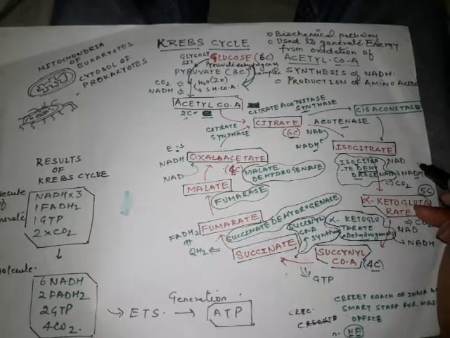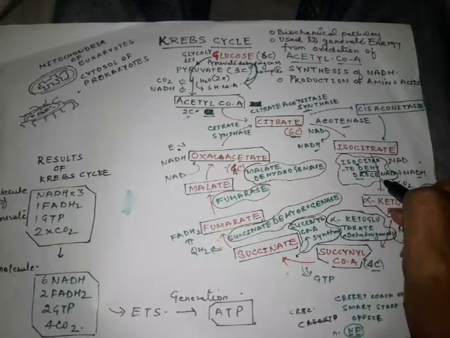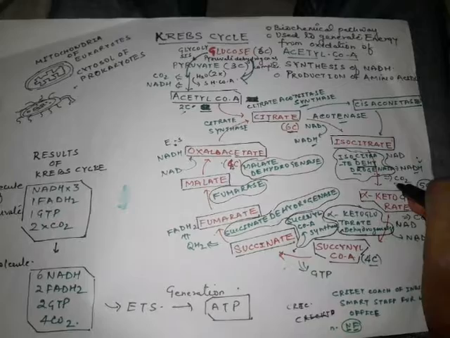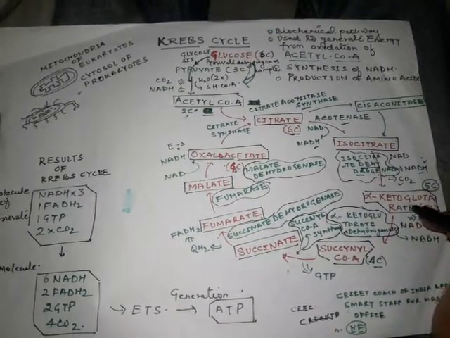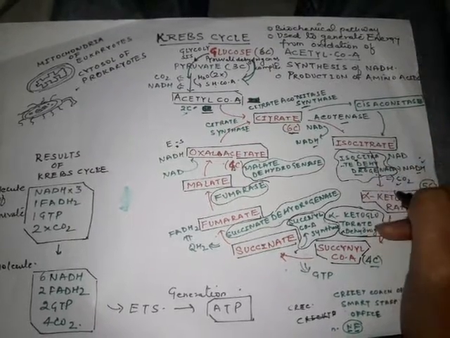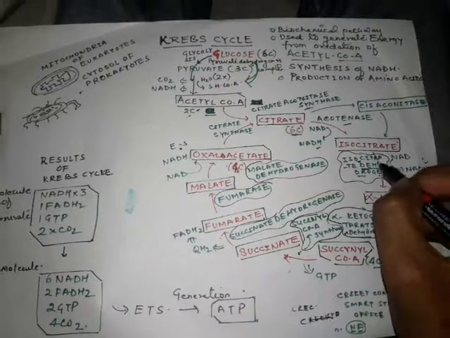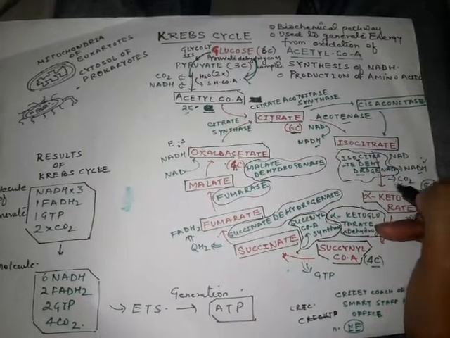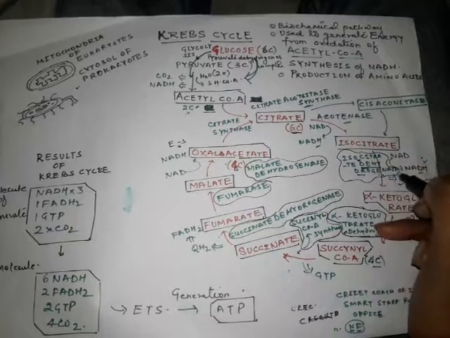What I want to say is that when a dehydrogenase is involved, hydrogen will be released here and CO2 is also released here. Since isocitrate is converted to alpha ketoglutarate, the name of the enzyme is isocitrate dehydrogenase. When dehydrogenase is written, hydrogen is released in that step. Okay, and CO2 is also released. So here the name is isocitrate dehydrogenase.